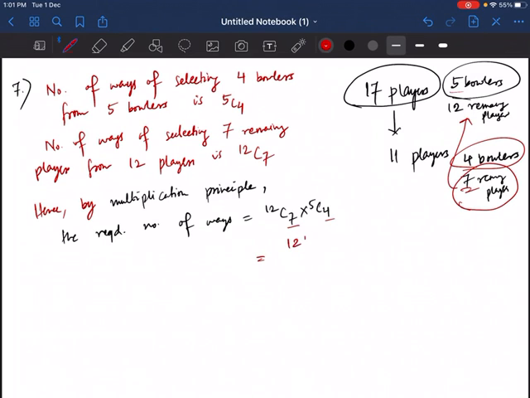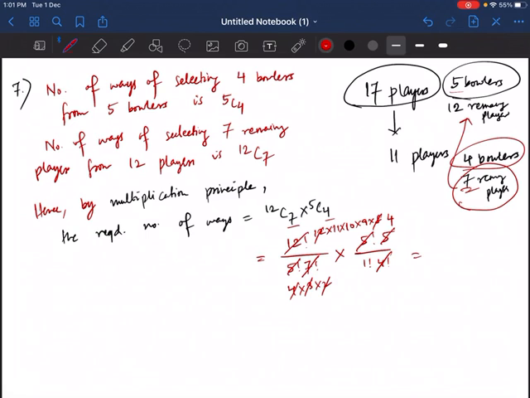So let me find out what is that. So 12 factorial divided by 12 minus 7, that is 5 factorial, 7 factorial, into 5 factorial divided by 5 minus 4, that is 1 factorial, 4 factorial. So this one goes, we have 12 into 11 into 10 into 9 into 8. Let's see what we can cut. 5 factorial. If I cut 5 with 5 factorial, we have 4 into 3 into 2. So 4 threes are 12, so 12 gets cut, and 2 fours are 8.